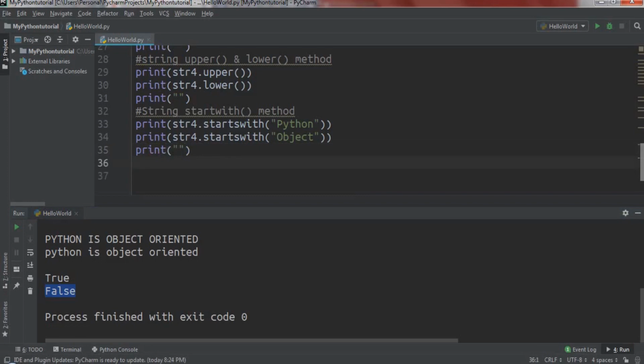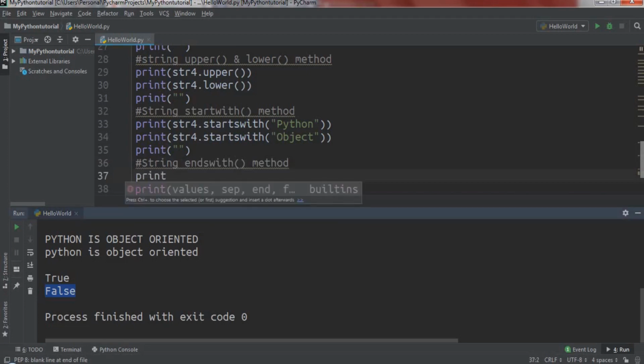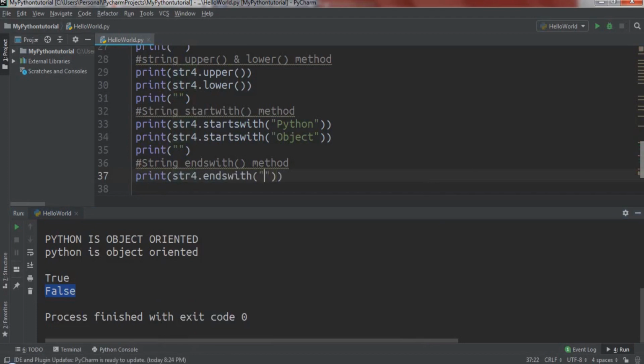Next will be the string endswith method. Same as the startswith method, the string endswith method returns boolean true if the string ends with a specified substring, otherwise it will return false. For example,